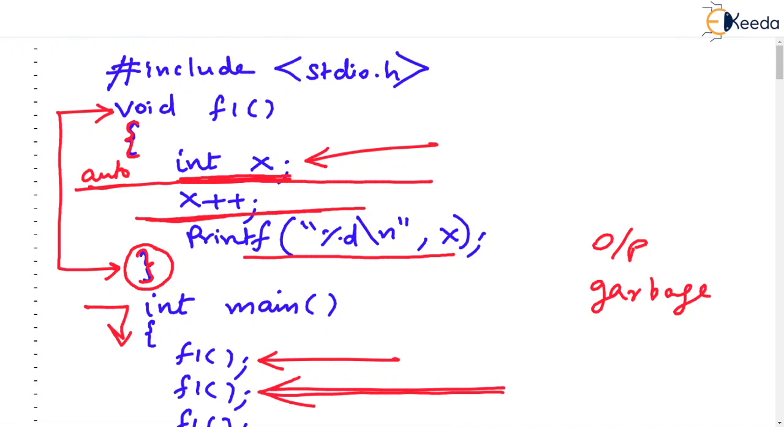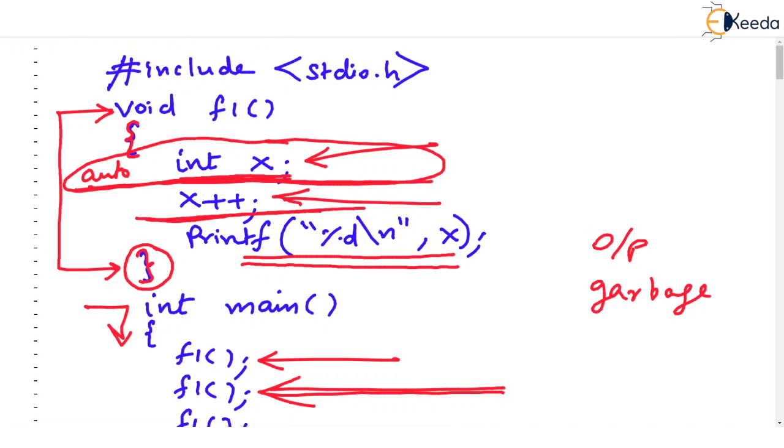So this is the second call. You observe the second call to the function, isn't it? So run the function for the second time. Again, this line will be executed, auto int x, because last time x was destroyed. So C will say, I will make a new variable x and store some garbage value in that variable. Then I will increase that value by 1 due to x plus plus, correct? And I will print that value on the screen due to printf. So again on the screen garbage will be printed.